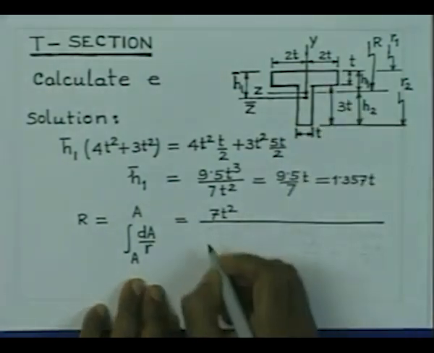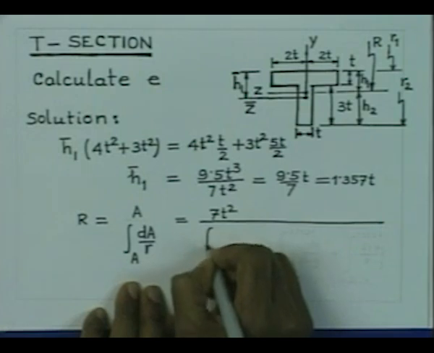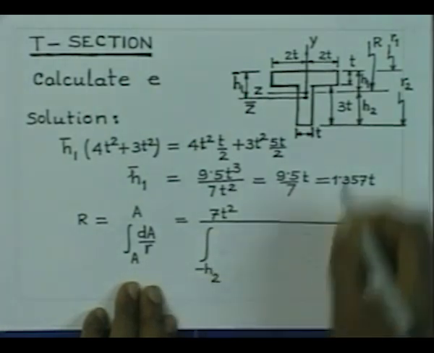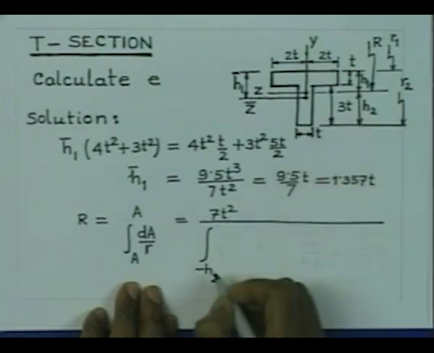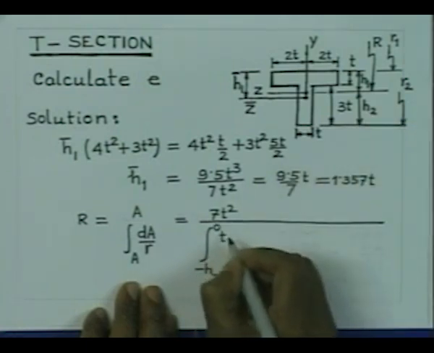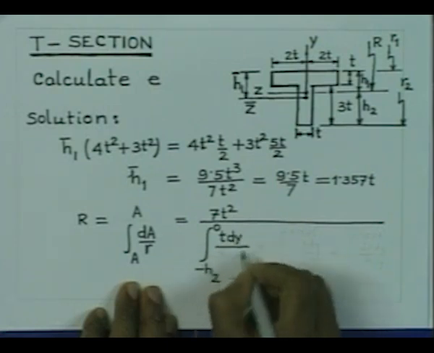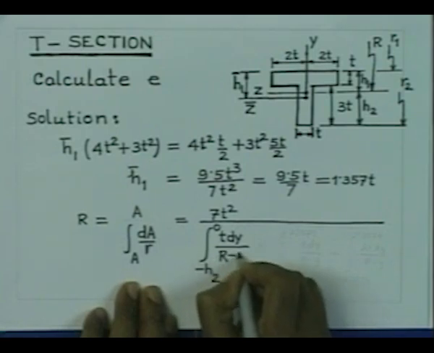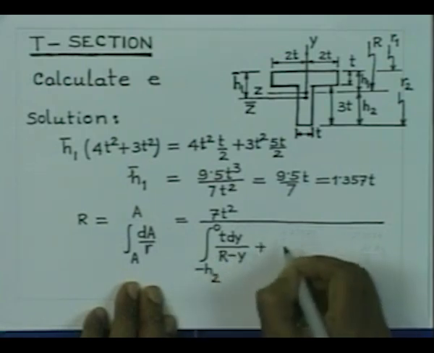So, our integration would look like this: from minus h2 to the origin at 0, and this dA is nothing but T dy, and small r is nothing but capital R minus y,